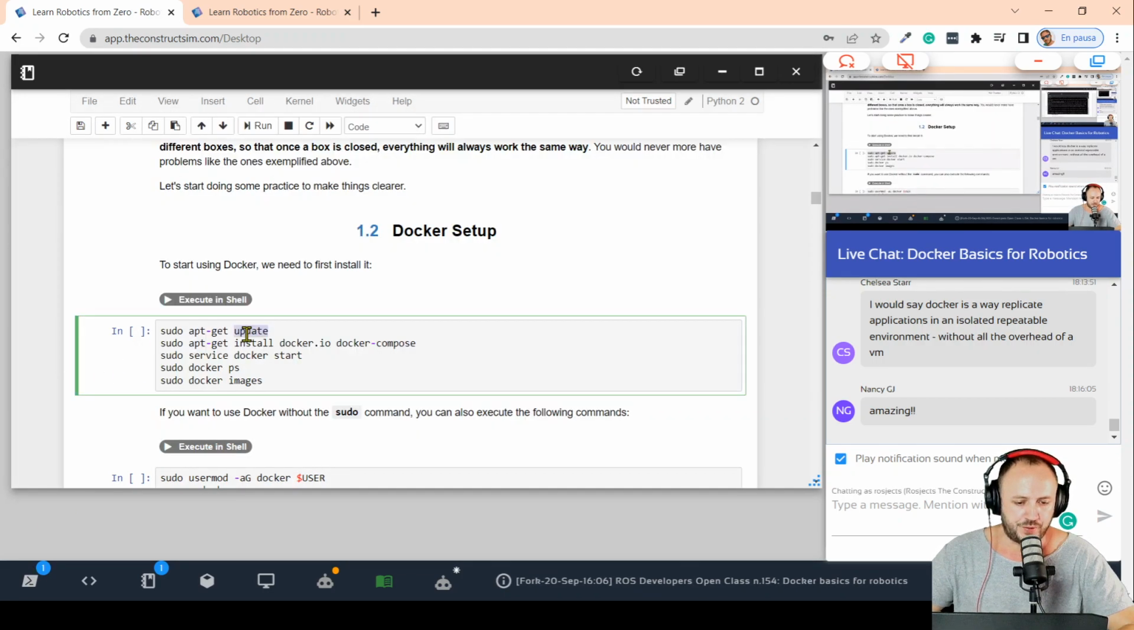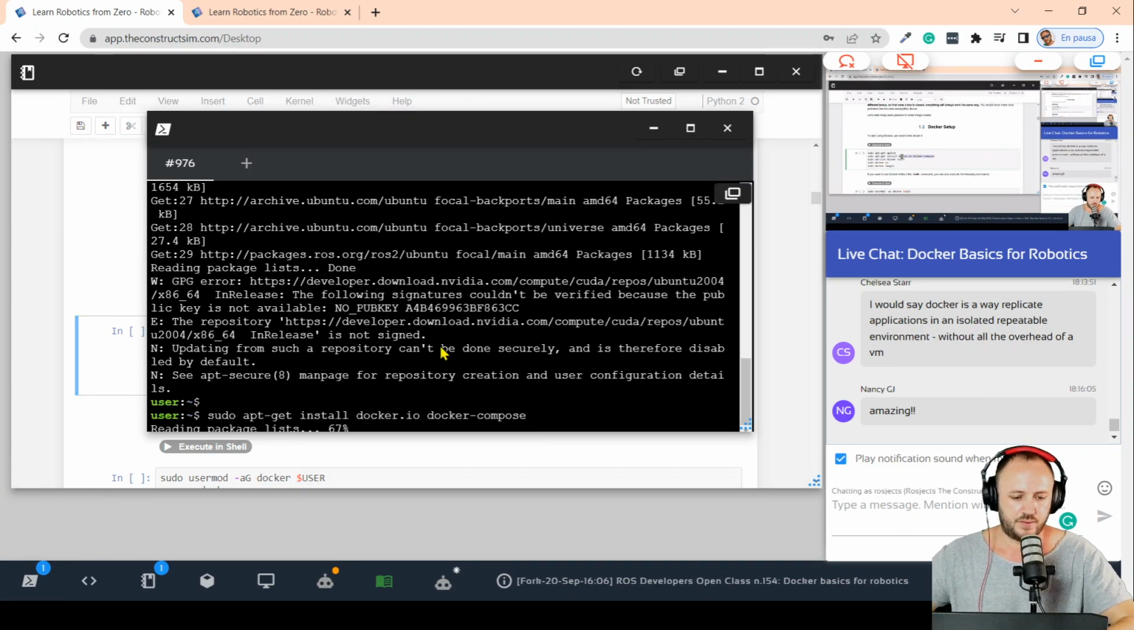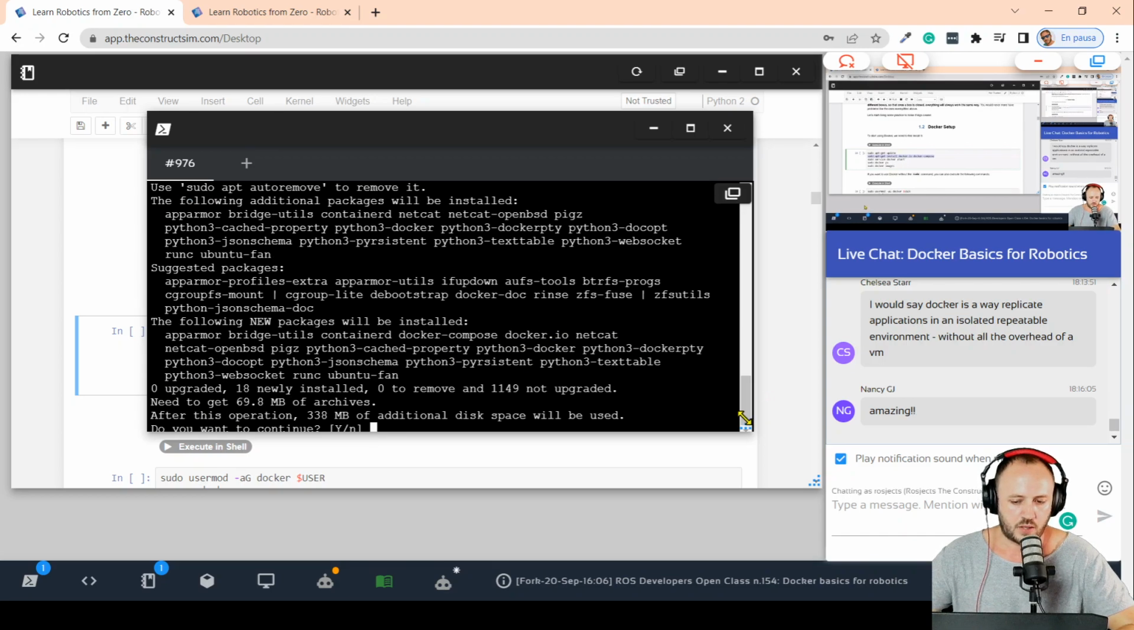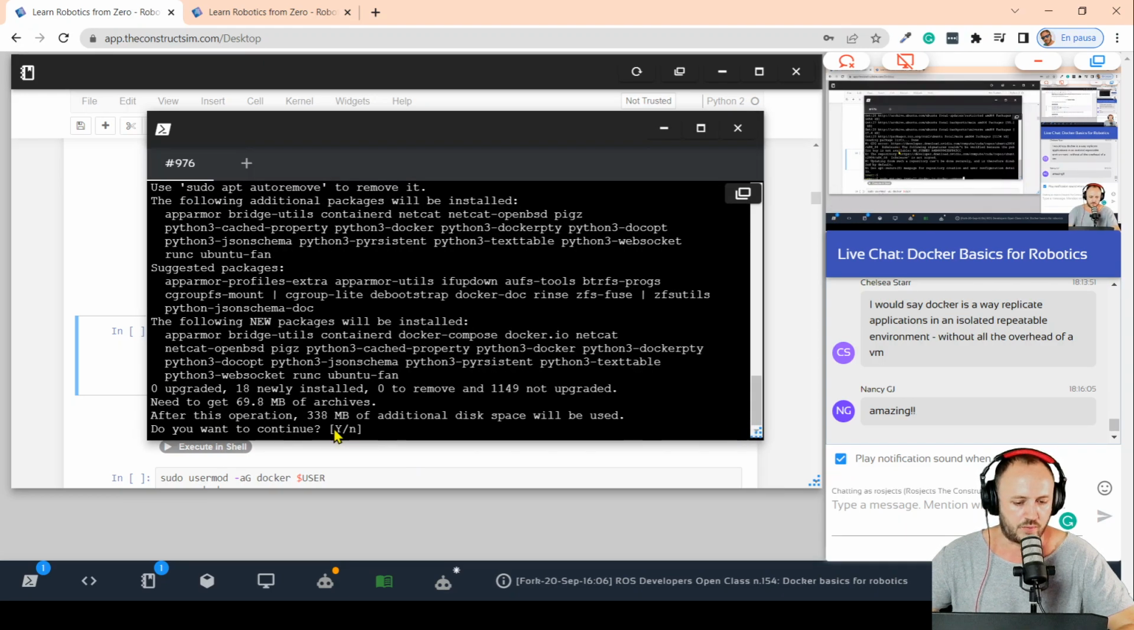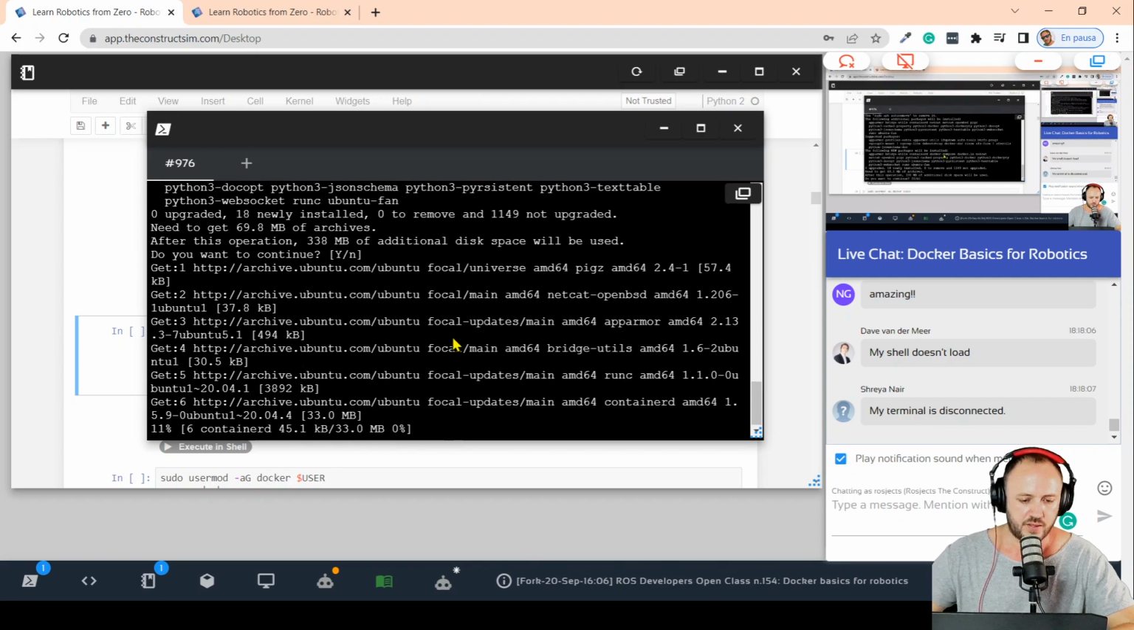Then we do the update first of all, and now we are going to install Docker and Docker Compose. So let me select the command from here and paste it. There we go. Okay. Now here it's going to ask you for confirmation, as you can see, because it's going to install many packages. When you have to install multiple packages, it asks you for your permission. Then you can hit enter here, and this is going to